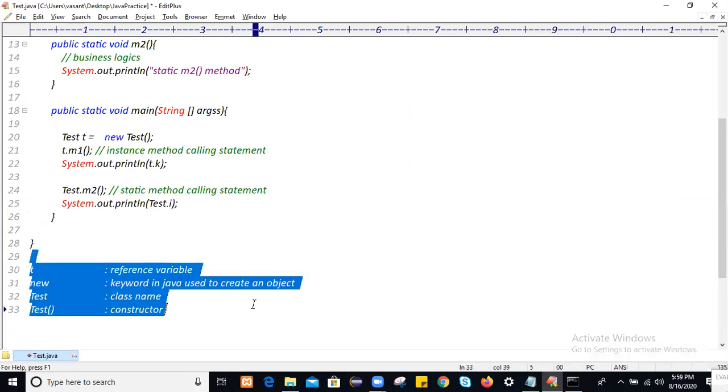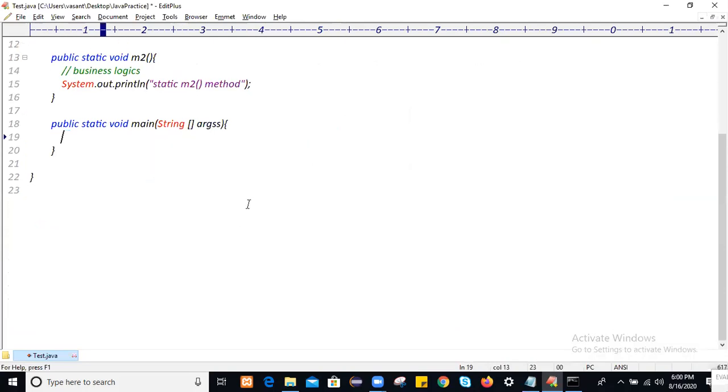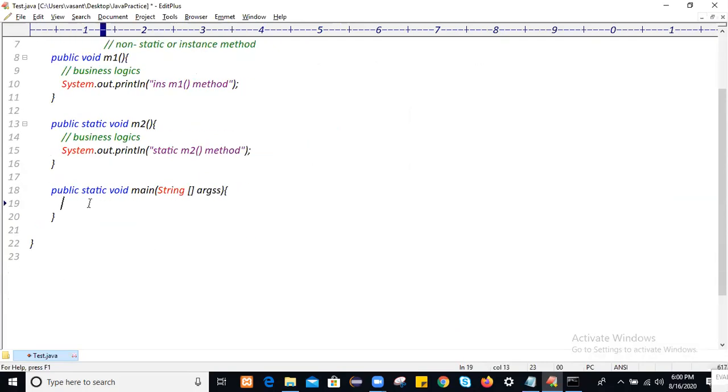For better understanding, what will happen if you create multiple objects? On those multiple objects, can we access those or not? Let me take an instance variable and so on. But here I will create an object with the name: I will write this statement, Test t, new keyword followed by class name. The object will get created. On this object, you can access.